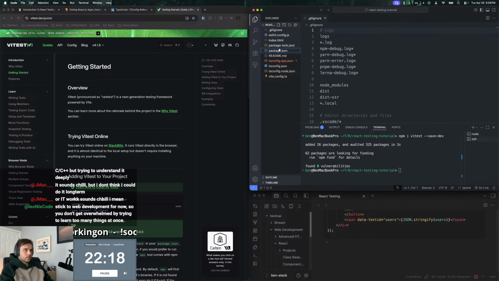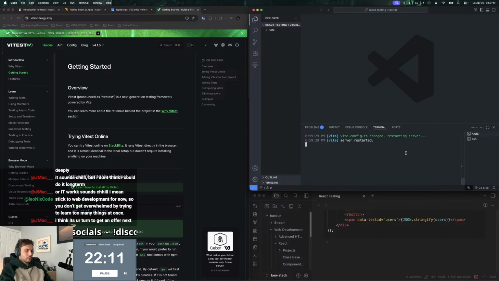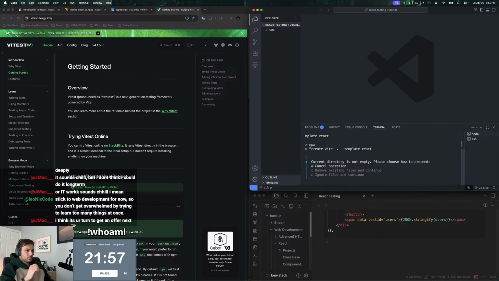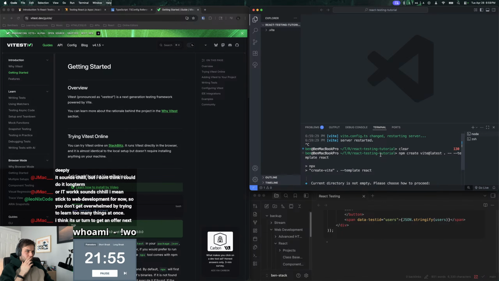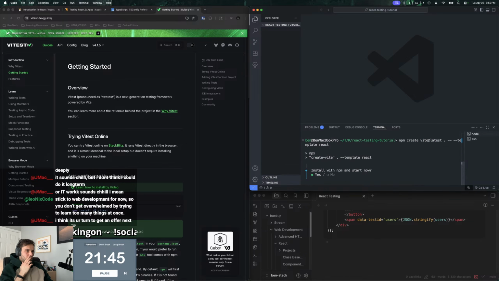Oops. Okay. PM create. Current directory is not empty. Oh shit. Delete. Okay,